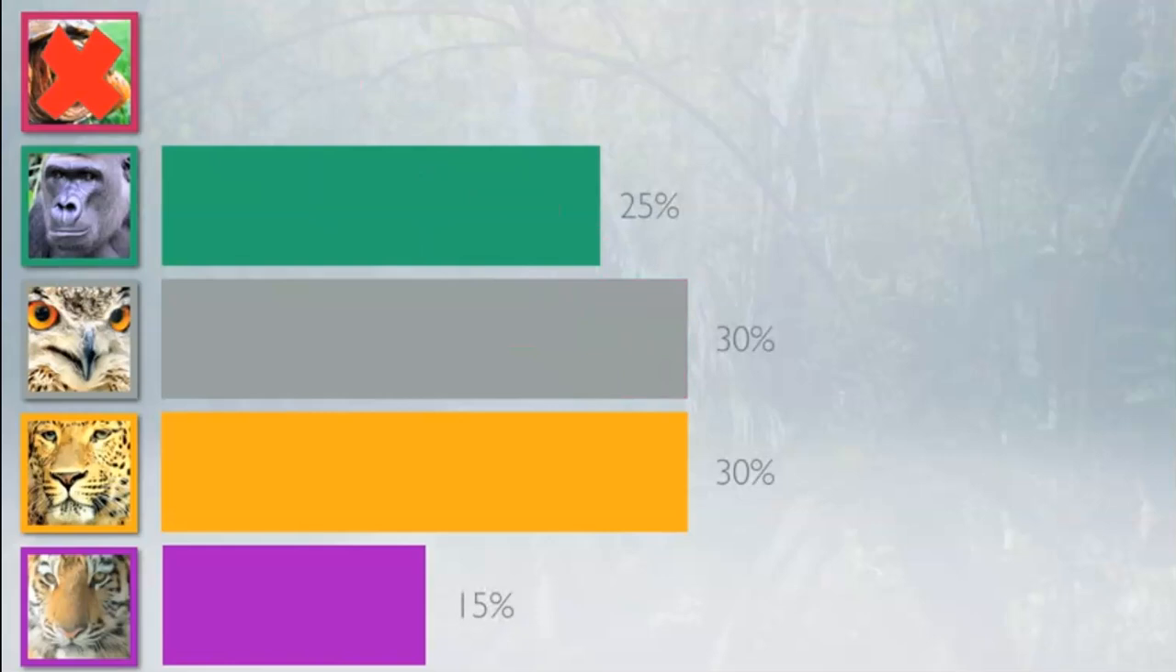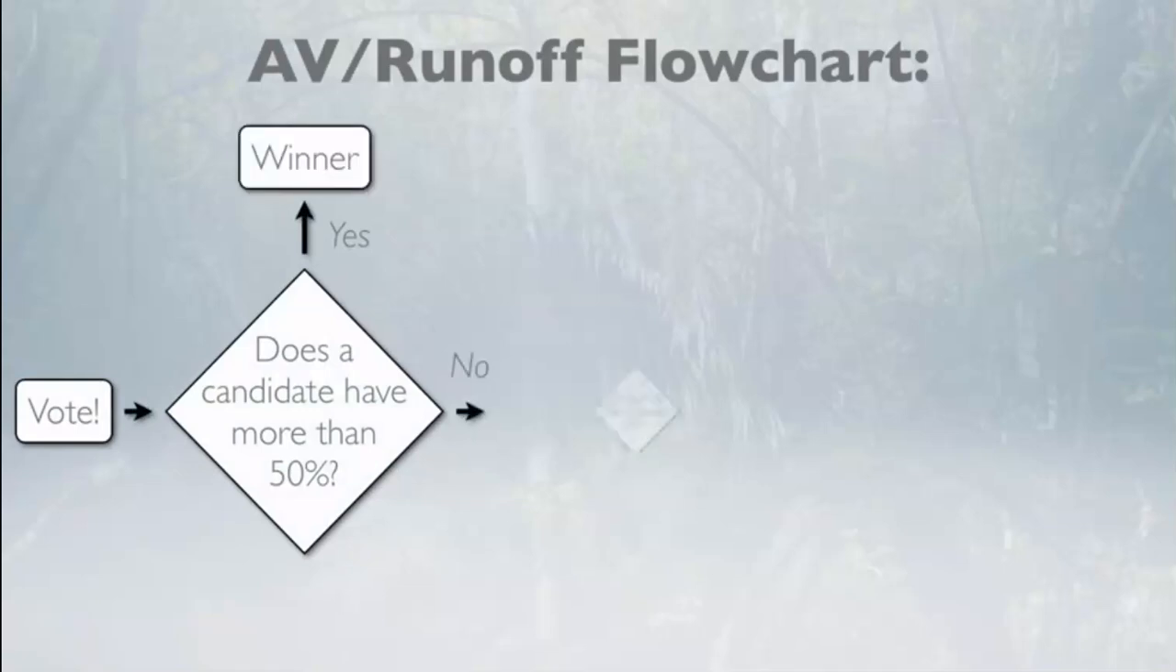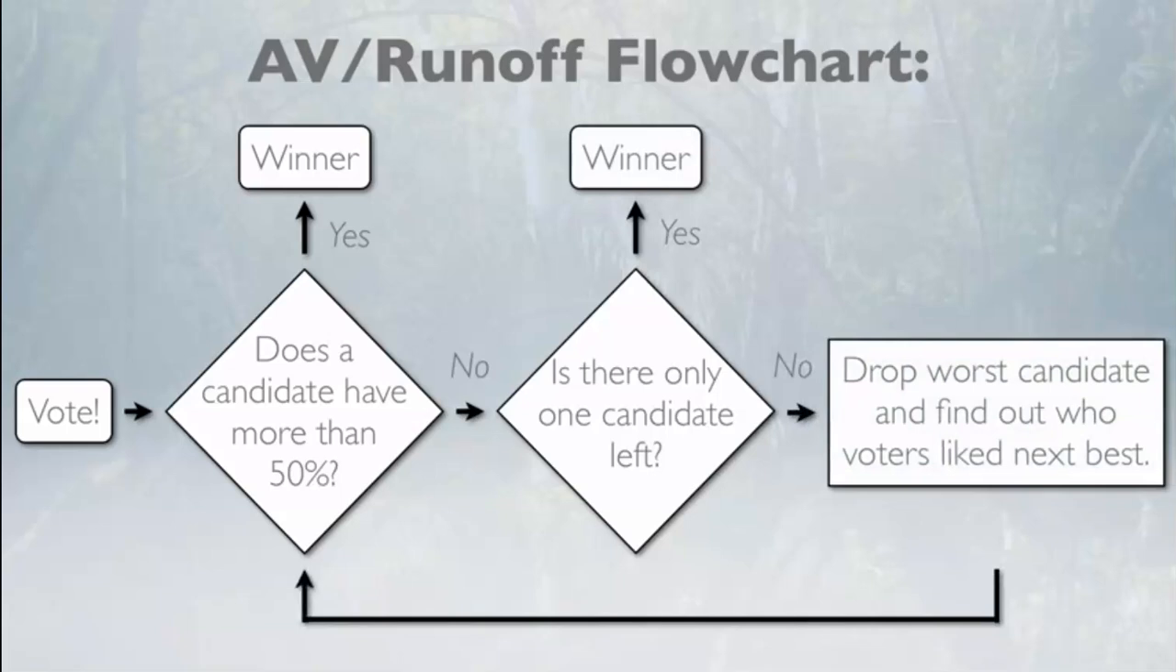This is why the alternative vote is sometimes called instant runoff voting. It's able to simulate a bunch of elections where the least popular candidate is eliminated after each round, without all the time and expense it would take to run a bunch of campaigns one after another. The alternative vote method keeps eliminating the least popular candidate until someone either wins a majority or only one is